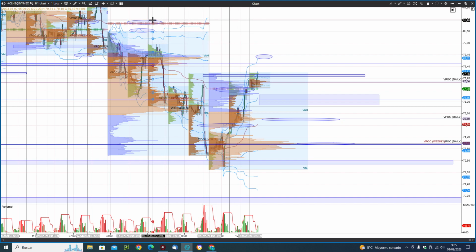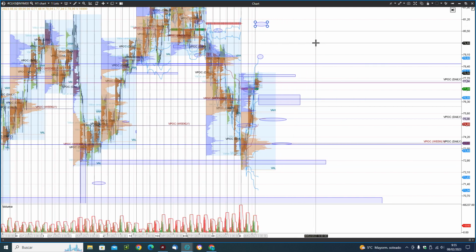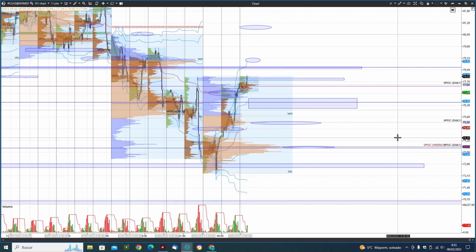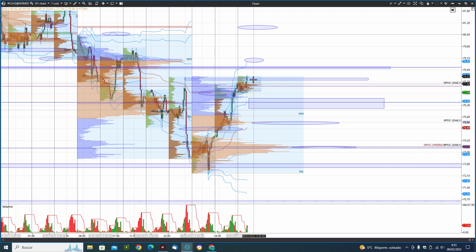Then we have other targets about 80 and 97. We can see here, before touching this high volume node, this is a price action zone that could be interesting at the zone 78.59. It could work as a resistance. Well, if the price goes down